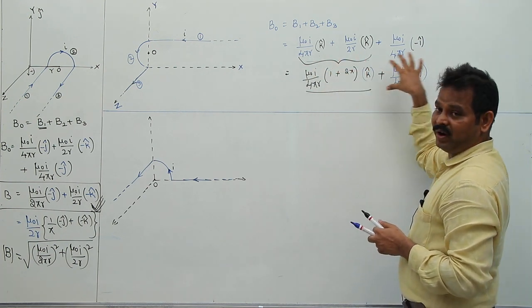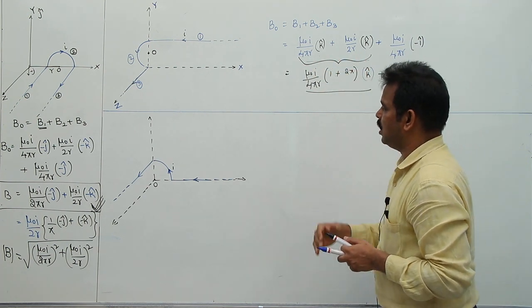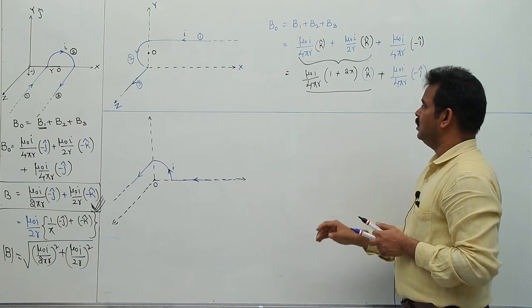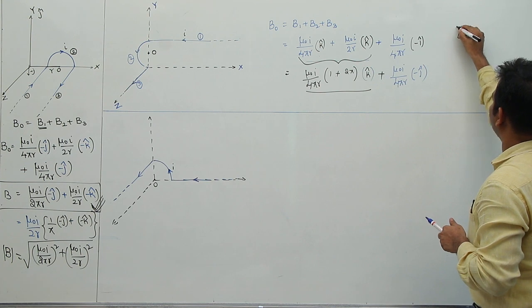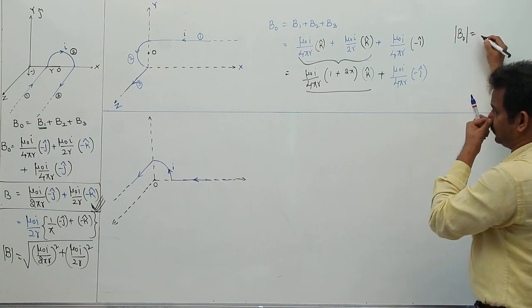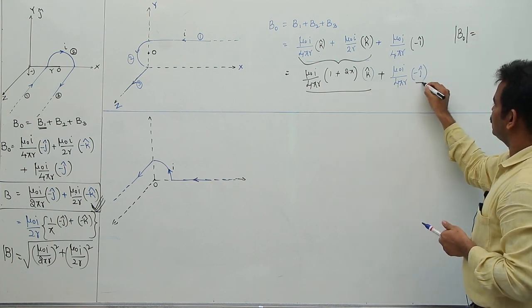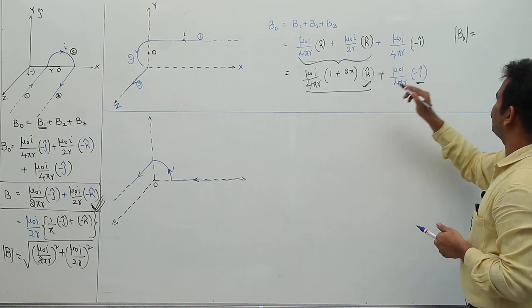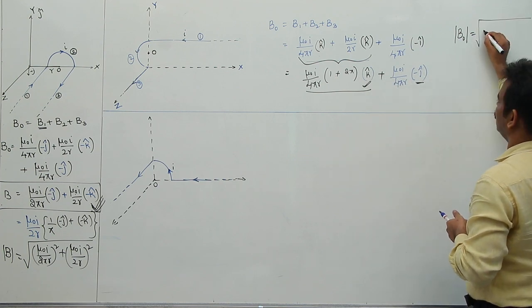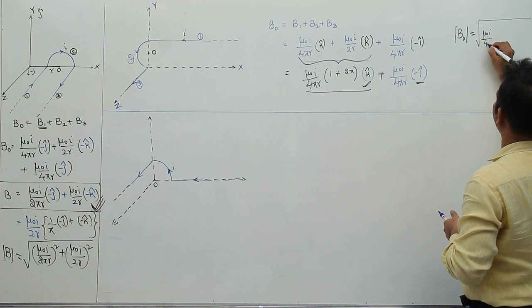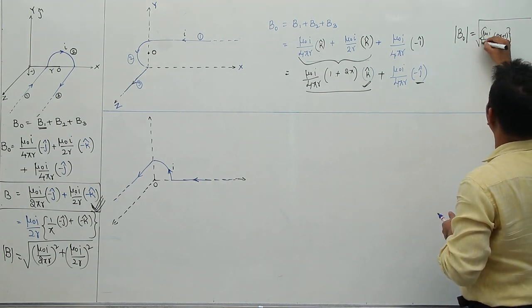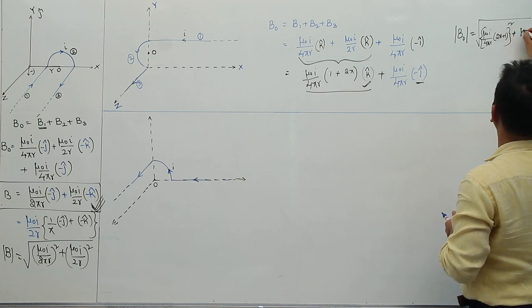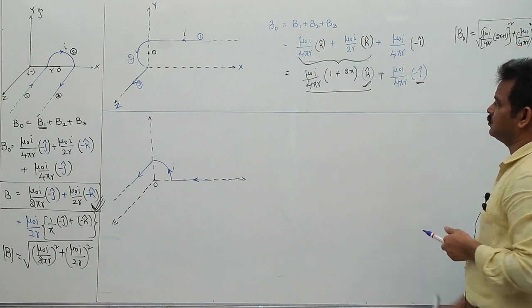So this is also in vector form. Similarly, what about the third one? Similar to these two models. So suppose if they want to find out the net magnetic field magnitude of this one, you can use, it is I cap, this is k cap, both are perpendicular. So root over mu naught I by 4 pi r, 2 pi plus 1 whole square, plus this is mu naught I by 4 pi r whole square.